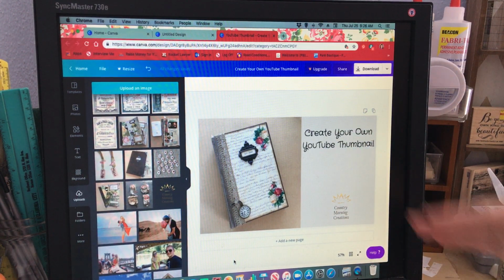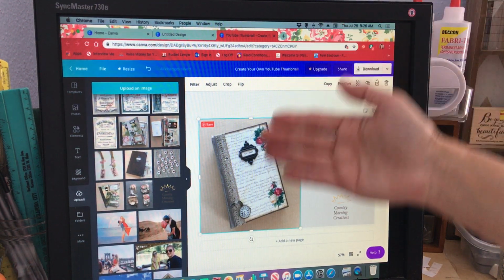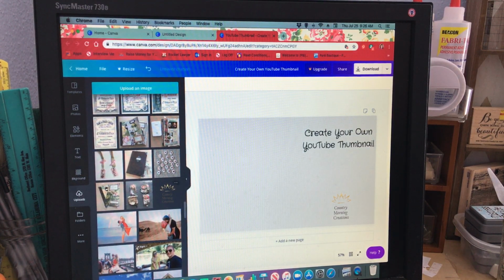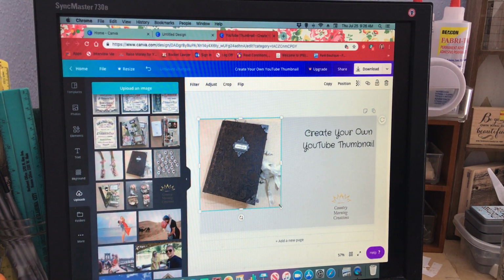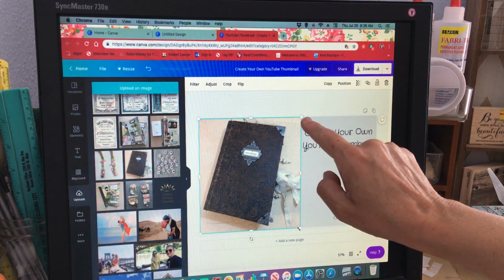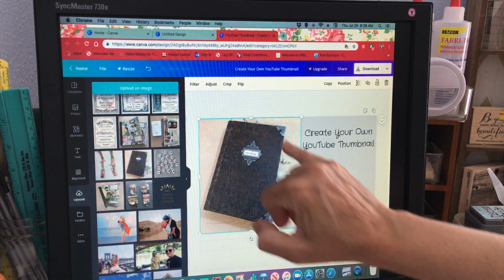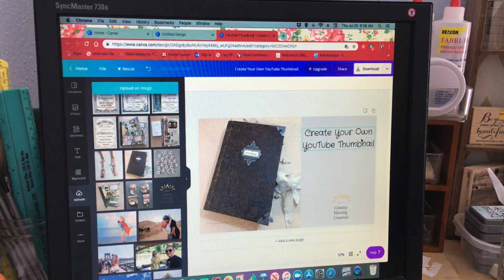And then to use this as a template, let's do this. Let's say now I want to create a new one. Let's delete that. I'm going to add that picture and move it over, stretch it out. So you have these which will stretch it and keep it the same size. If I use these little corners, now I can make it rectangular. So I'm going to do that, and now I can change the words to,